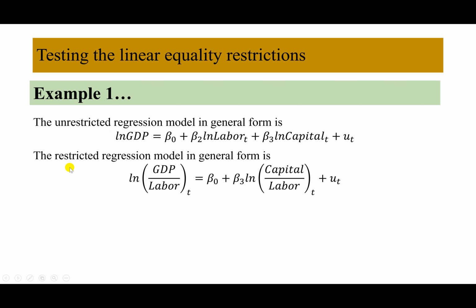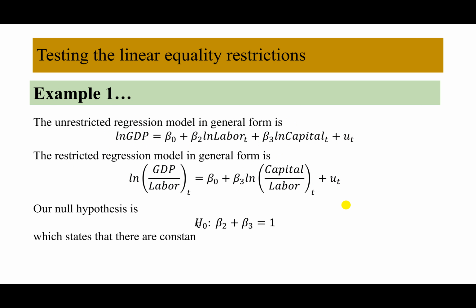On the other hand, the restricted regression model in general form is written as log GDP labor ratio equal to beta naught plus beta 3 log capital labor ratio plus UT. Our null hypothesis is beta 2 plus beta 3 equal to 1, which states that there are constant returns to scale,